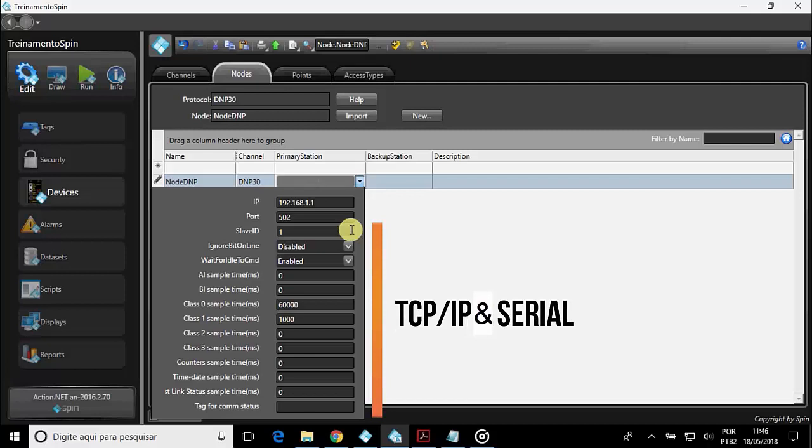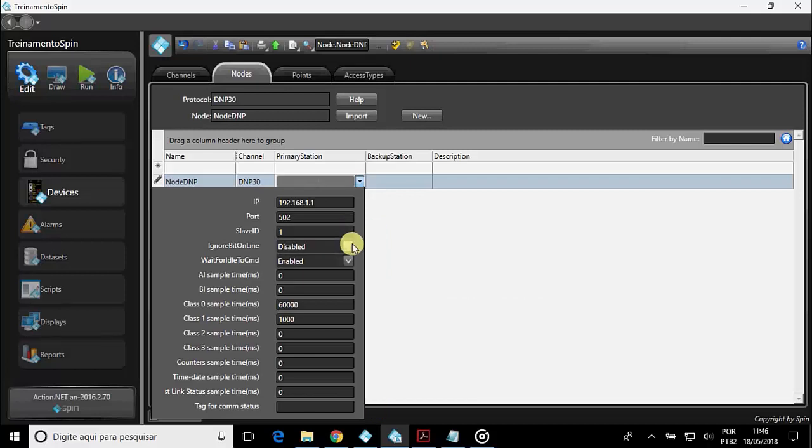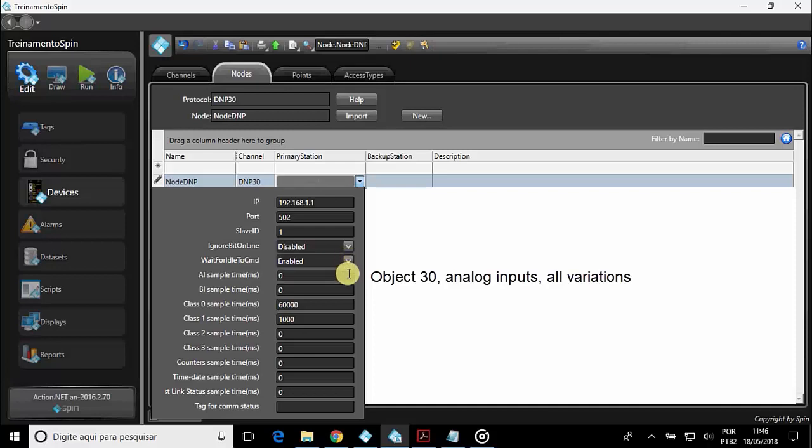Ignore bit online, if enabled, indicates that the driver should ignore the bit online indication that is inserted by the IED when a fault or abnormality occurs at one point, according to the IED criteria. Wait for idle to command, if enabled, indicates that a command will only be sent when the communication is idle, not occurring. AI sample time, ms: time, in milliseconds, between two consecutive requests of analog inputs, request for type 30